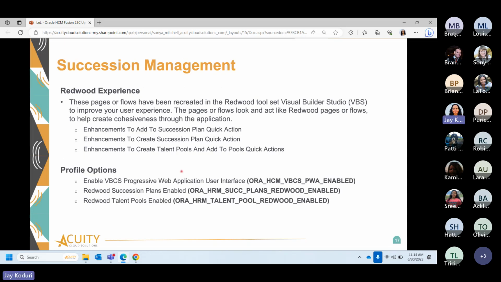Again, Redwood experience for succession management. All of these pages have been enhanced into Redwood. You can see add to succession plan, create succession plan, create talent pools, add to talent pools. All of these are available in Redwood. You can use these profile options, enable that. You can start releasing some of these areas to your employees to start